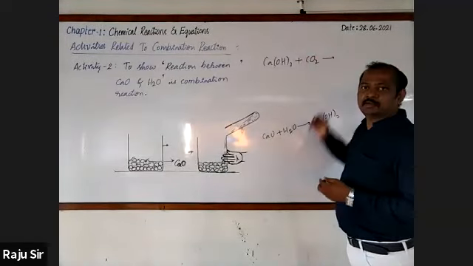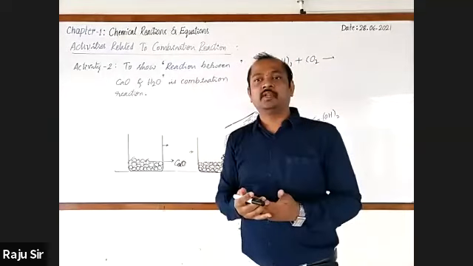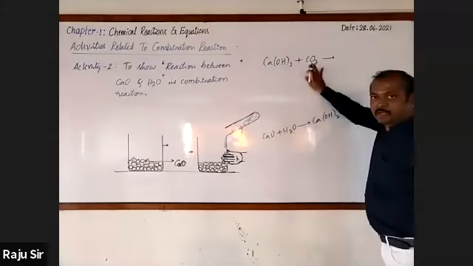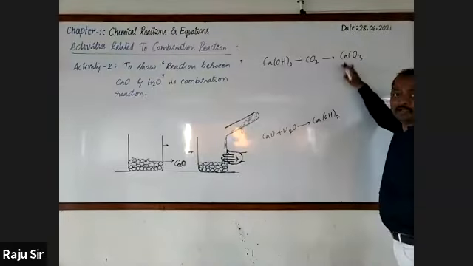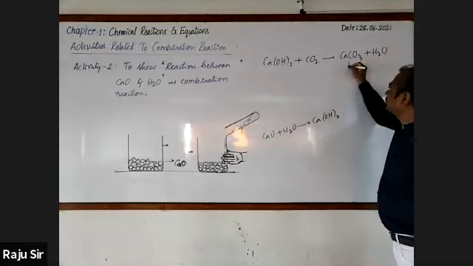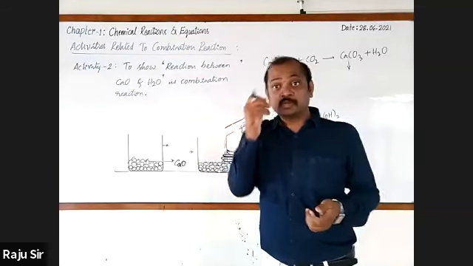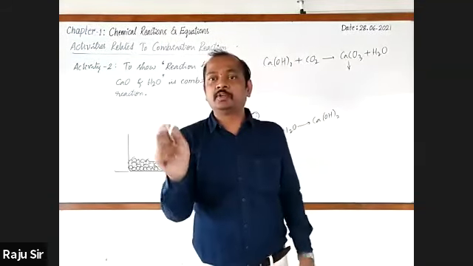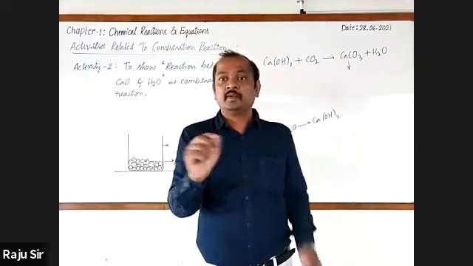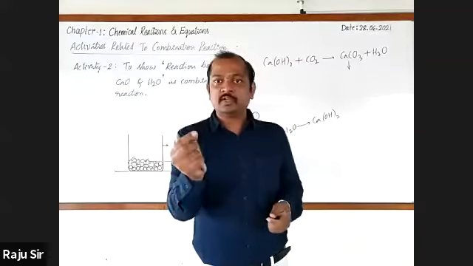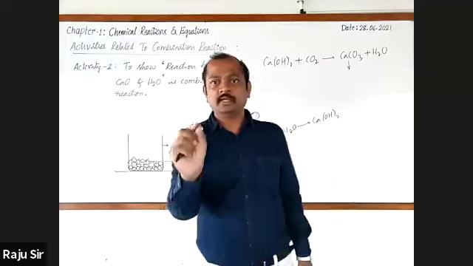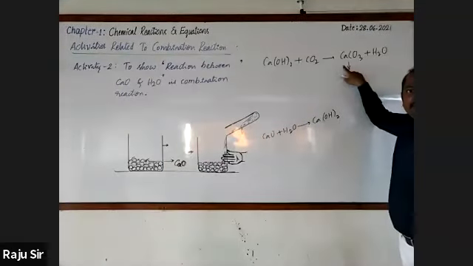CO2, carbon dioxide, it slowly keeps reacting with it. On reacting with the carbon dioxide, it forms a very thin layer of calcium carbonate plus water vapor. We know that calcium carbonate is nothing but limestone. Limestone has a shiny appearance. In Kannada, have you heard about pena? We use chalk pieces, no? Yes sir. That is another one called pena. That pena is hard. It is nothing but calcium carbonate.